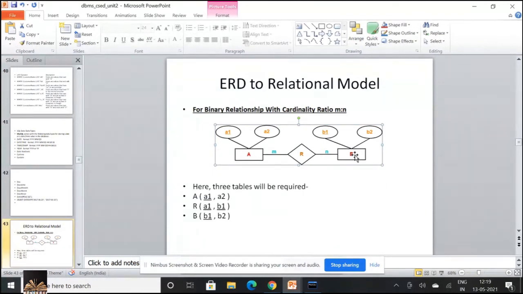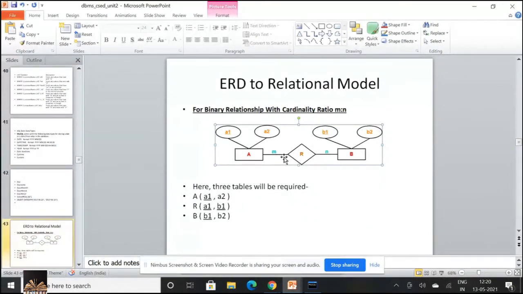What you're going to do is create tables for the entities that exist, which is nothing but A with attributes A1 and A2, A1 being the primary key, and for entity B, a B table with attributes B1 and B2, B1 being the primary key.